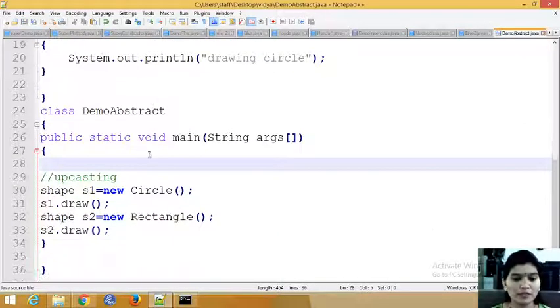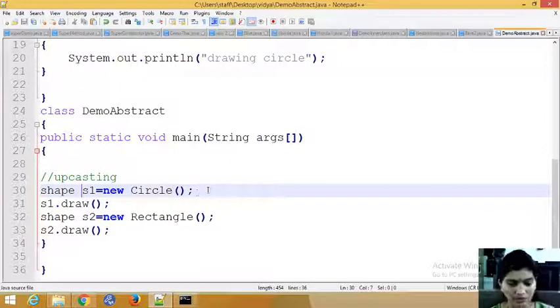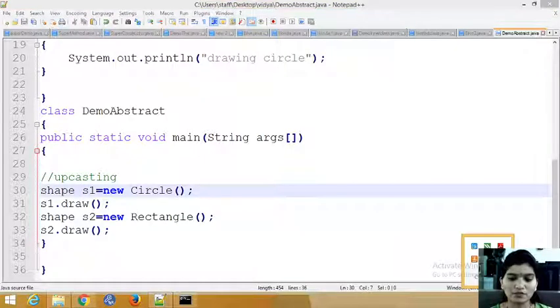So for that, I am upcasting here: I created objects of the subclasses and upcasted to the superclass. So this is about abstraction using an abstract class. In the next class we'll see other ways of achieving abstraction. Thank you.